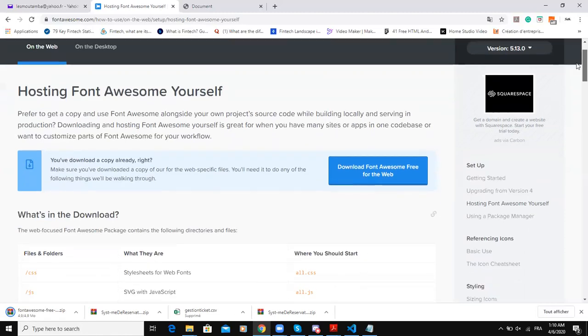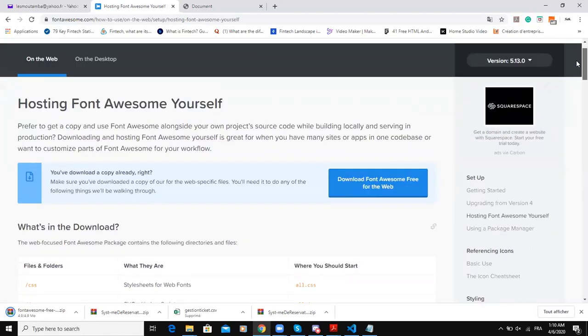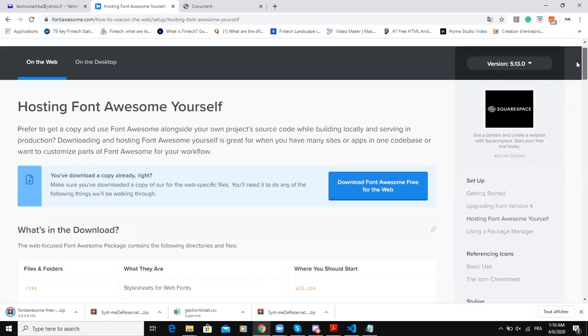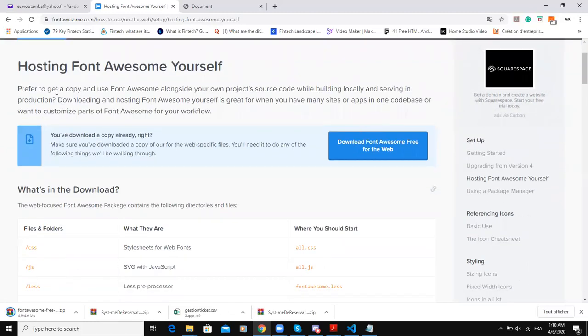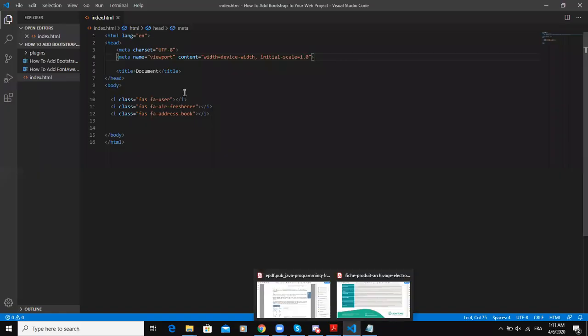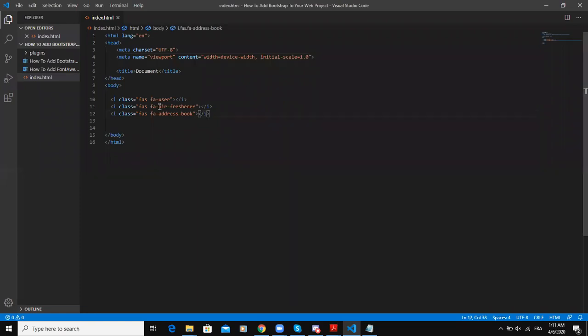And so on this same page, you can see that they have given the explanations on how to host FontAwesome for yourself. You can recall that in the first method that we used, the Kit Code, we were not hosting it. It's like an internet link that we were using in our code, and it required internet for us to be able to see the reflection of that Kit Code on our code